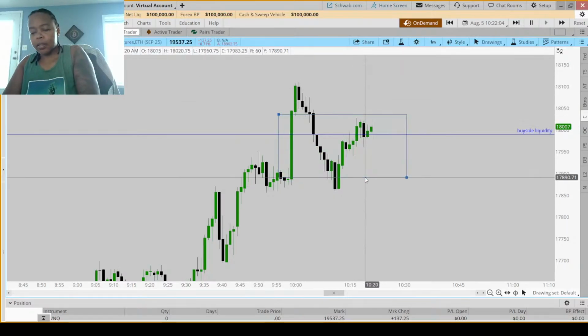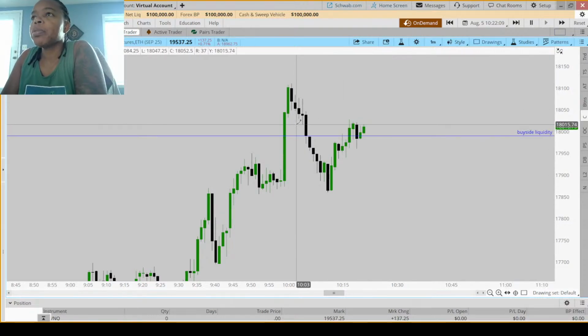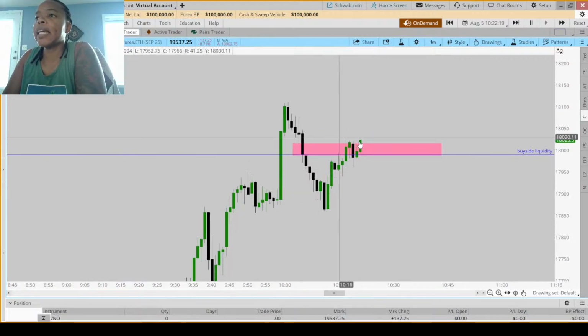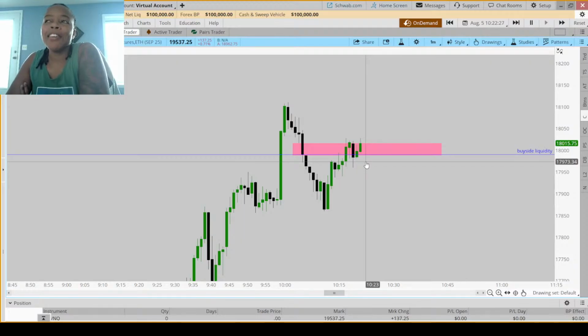Okay, they've rebalanced this thing. I'm gonna get rid of it because I don't want to get too hung up on particular fair value gaps. But I will highlight this bearish one, just to see how they behave inside of it. There was a point where if I was bullish, I would have taken this. But again, only if we hadn't gotten to the liquidity I was already expecting them to go to. Because they've already gotten to the liquidity, my only consideration now is how they behave in this space.